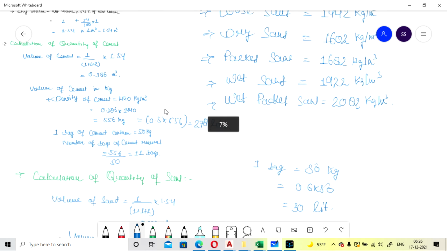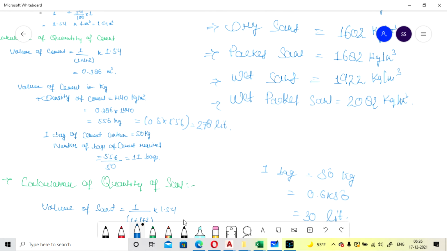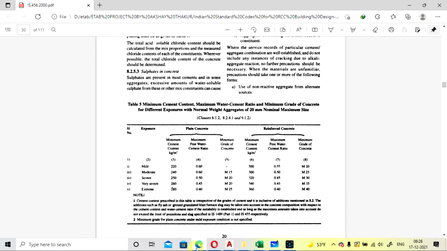So if you find the water quantity also, you have to multiply it by 0.5. Okay. So how much cement quantity is available, you have to multiply it by 0.5 for the given grade of concrete. Okay. So if you see IS code